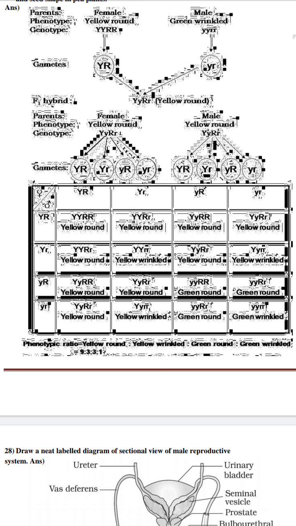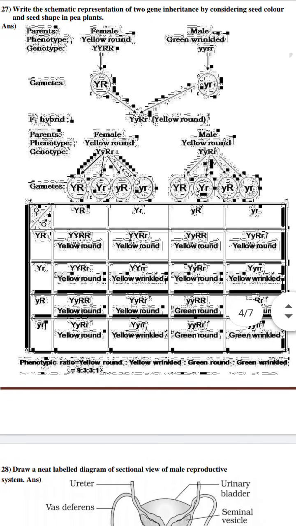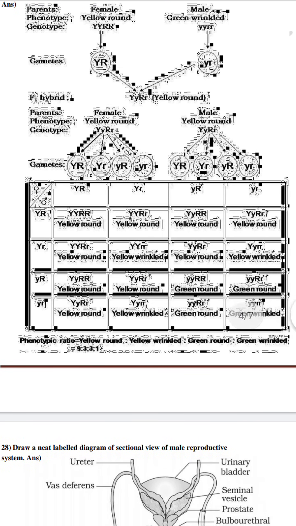And you know that the phenotypic ratio is 9:3:3:1, and this can be highlighted at the end of the answer, so that the evaluator will be impressed for the answer. Understand? So in this way you can present this one, and use pencil to draw the table so that it can be impressive. Understand?